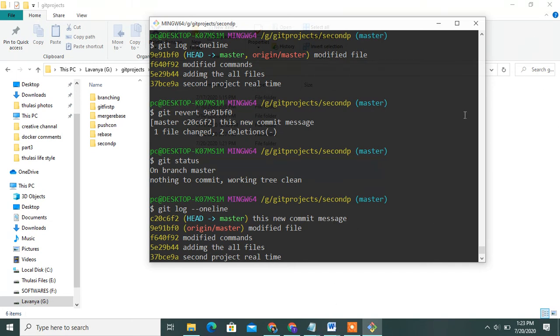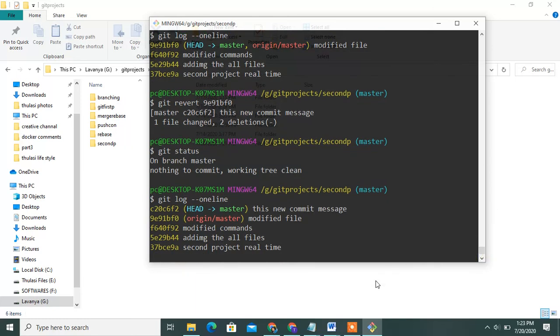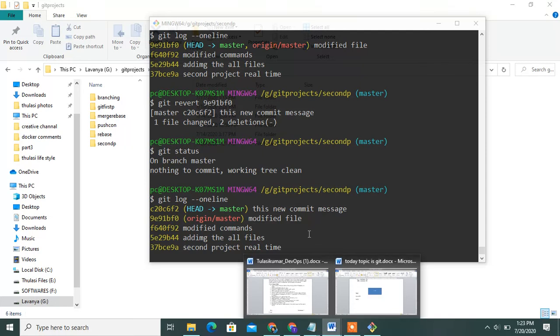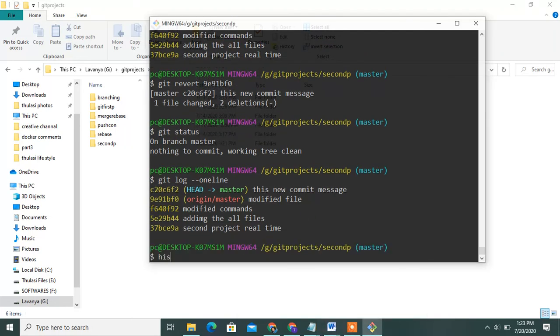With the git pull command, once you pull from central to local, it is stored in the working directory. Once you revert, you store it: once the file is in the central repository, you revert that file using revert, paste that commit ID here, and the revert message is stored directly in your histories. That is the concept of revert. I will show these commands also.